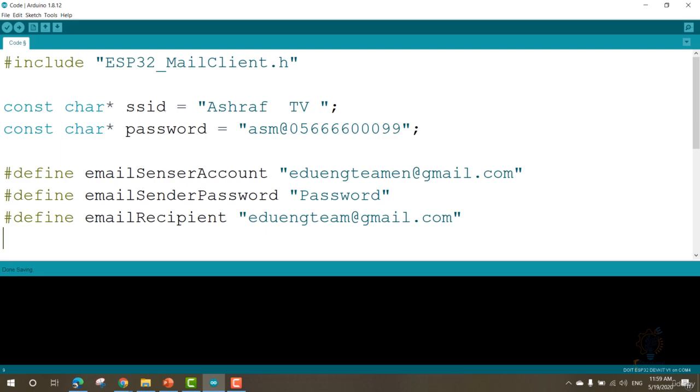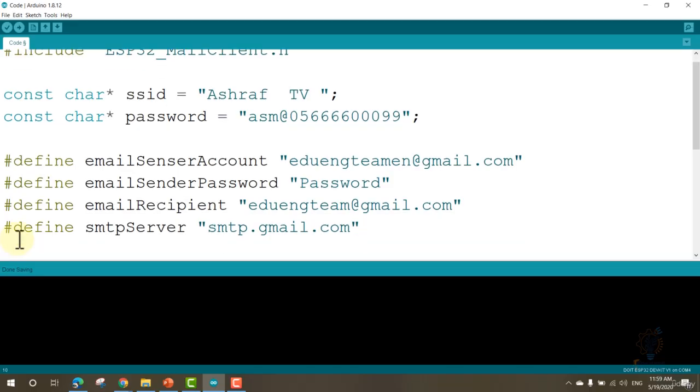Now let's start by adding the SMTP server. So write define, then SMTP server, and write smtp.gmail.com. Next, we need to assign the port for this SMTP server. So write define SMTP server port, and then write the number